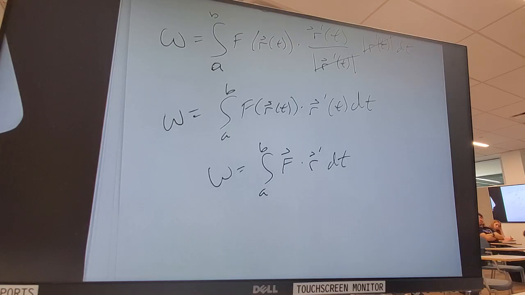It tells you at the end, did you overall get helped more or hurt more as you went through this field? So I have a field that's set up somewhere. I come in out of nowhere with my charge or whatever, and I'm trying to move it through there, and I'm asking, how much is the field helping me as I move along this path? How much is it hurting me? That's the basic idea of a line integral across a vector field along a path.